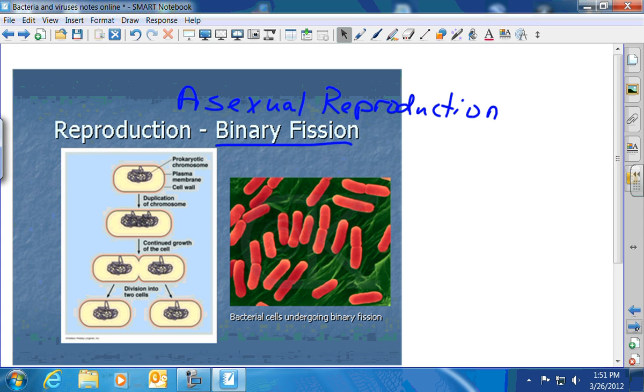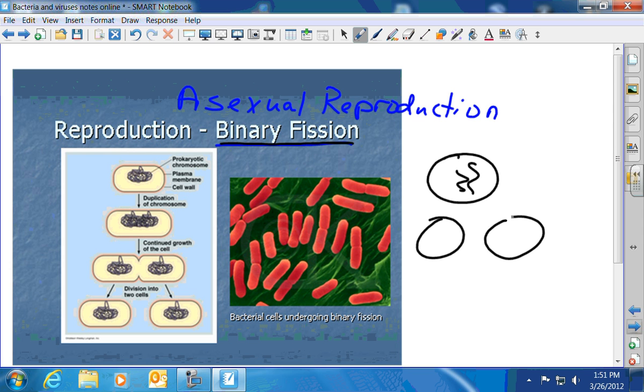Okay, so let's look at their reproduction. They can reproduce in two different ways, through asexual reproduction and sexual reproduction. Asexual reproduction, we call it binary fission. Okay, and all that is one cell multiplying its DNA into two